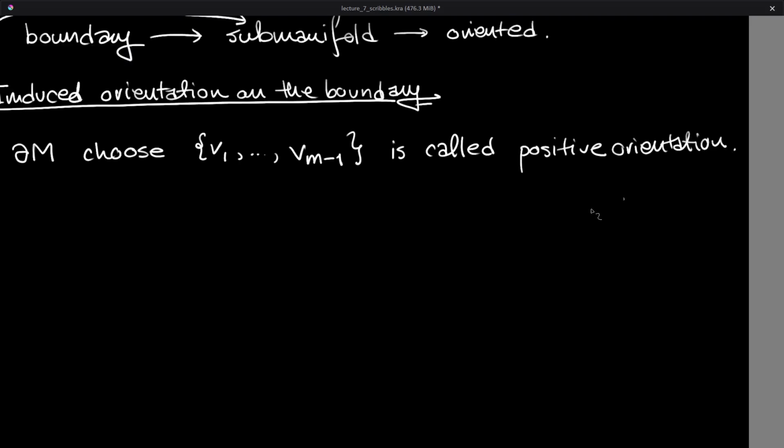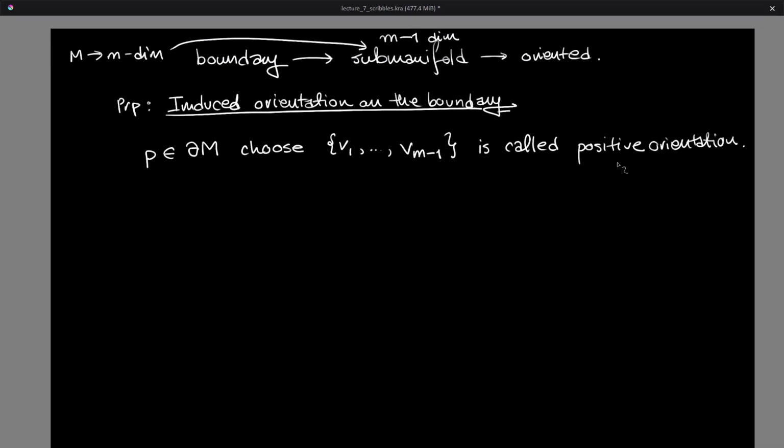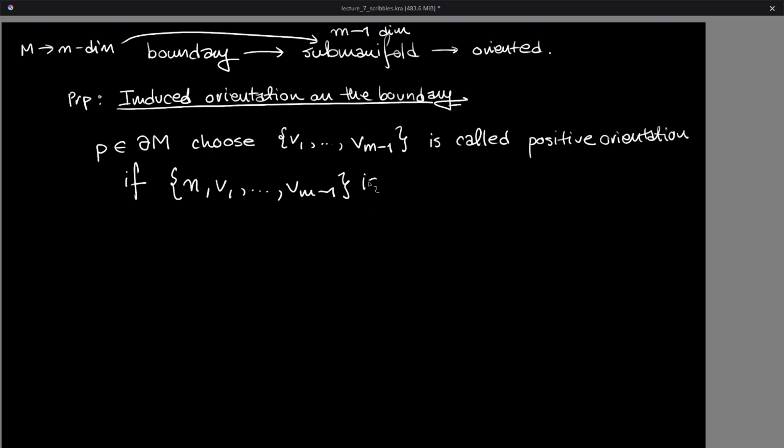This is how we're inducing the orientation on the boundary, right? It's called a positive orientation if n, v1, through v(m-1) is a positive orientation